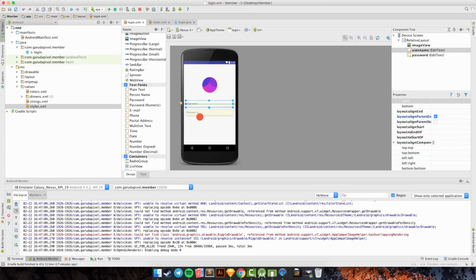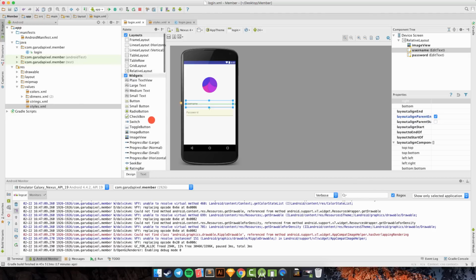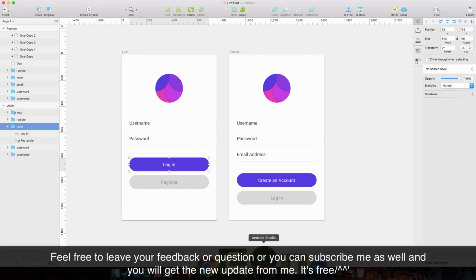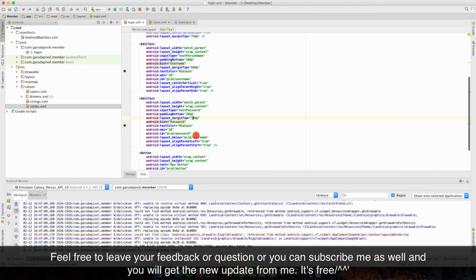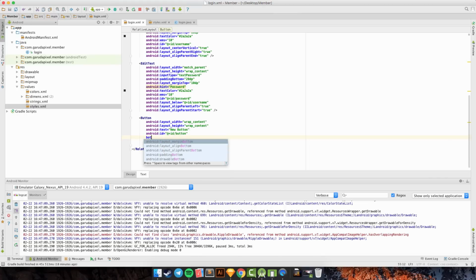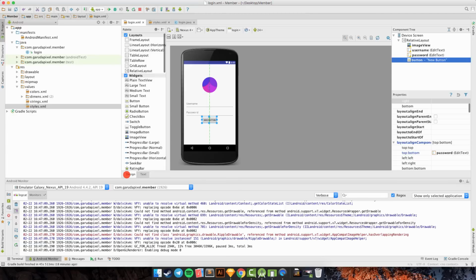Okay, well, the next one we need is the button, so I go to button right here, and we can see the margin, it's 90, so it's called 30 in dp. Layout margin top, it's 30 dp.